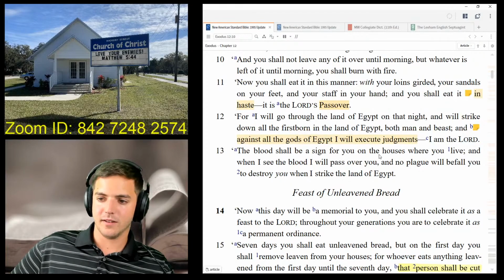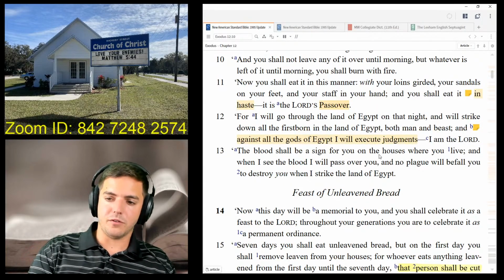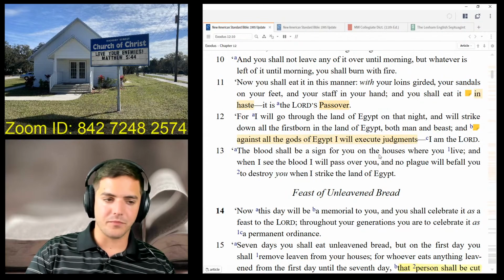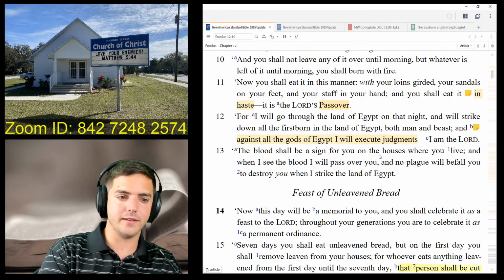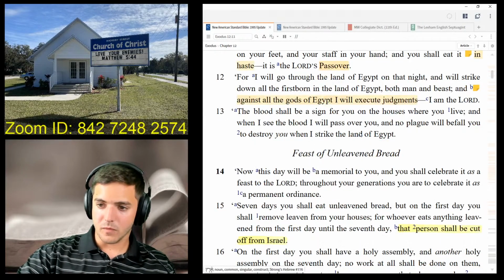That always happens. So he says that he's going to go through the land of Egypt. He's going to strike down the firstborn in the land of Egypt, both man and beast. "And against all the gods of Egypt I will execute judgment." This is sort of a side note, but it's one that I think is interesting, and we should look into it more. All of the